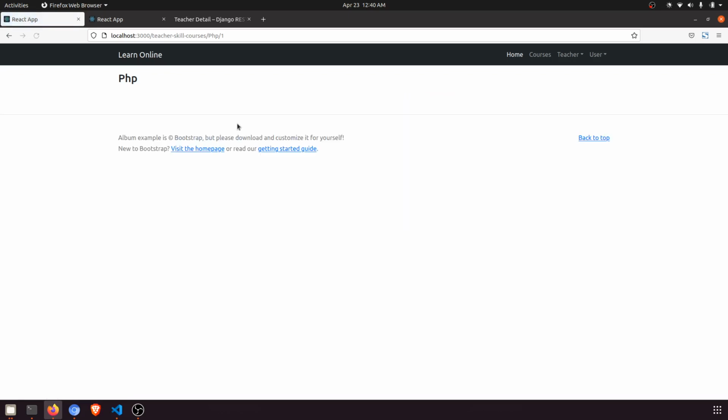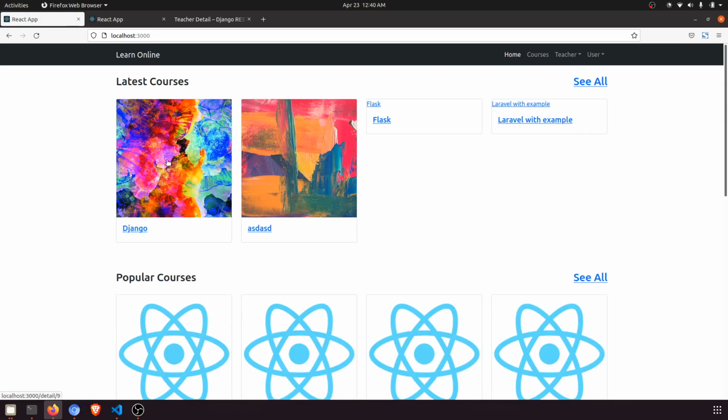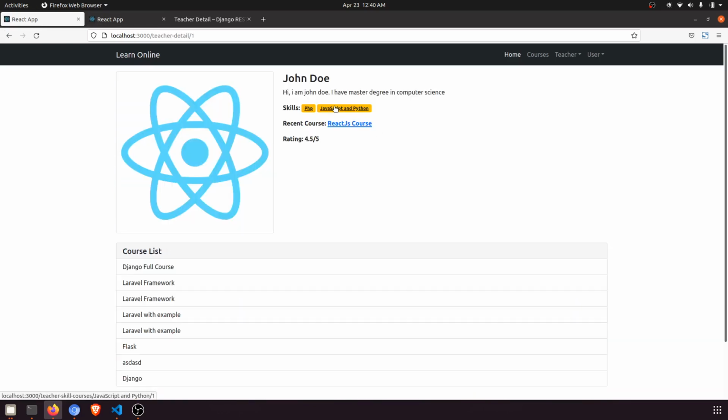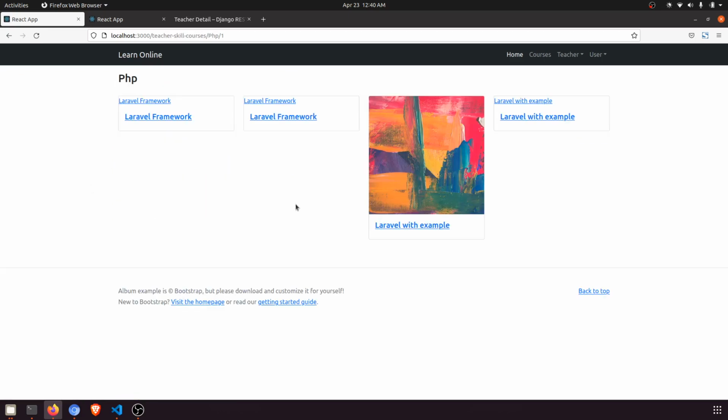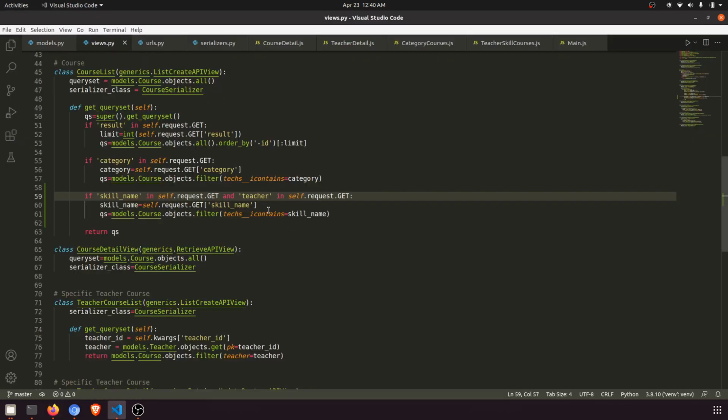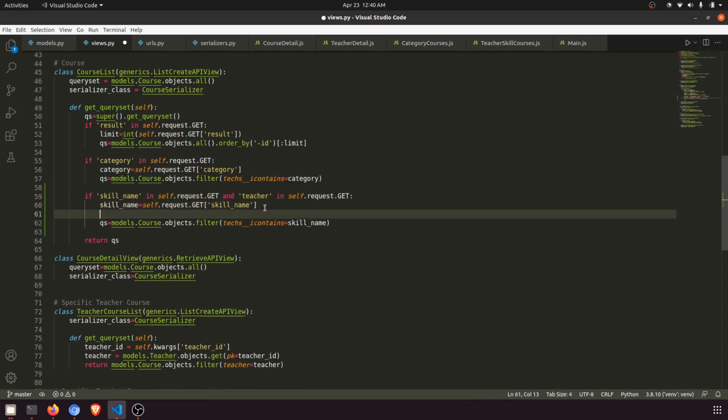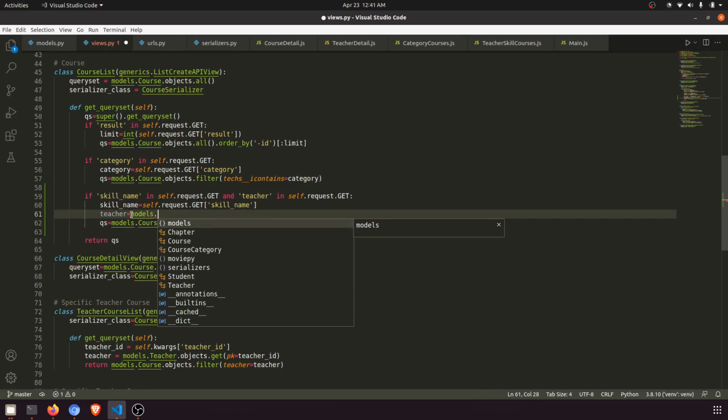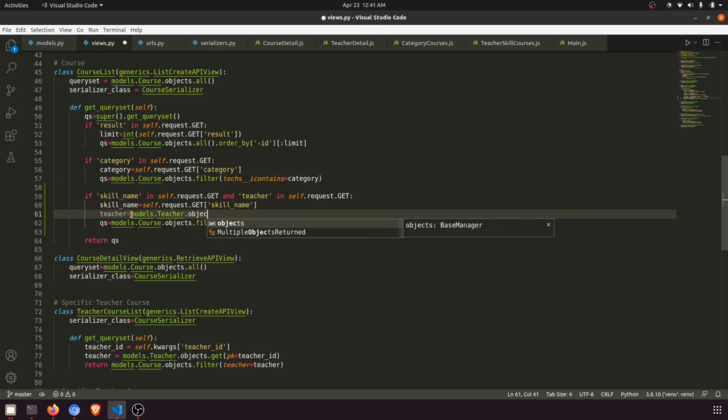Very nice, very nice. Click here. Okay, click John Doe, click on the PHP, it's showing the data. Now we need to filter according to the teacher. So this is teacher and we need to find this teacher ID. So what I will do, models dot teacher dot objects dot filter. Okay, and this will be ID equal to